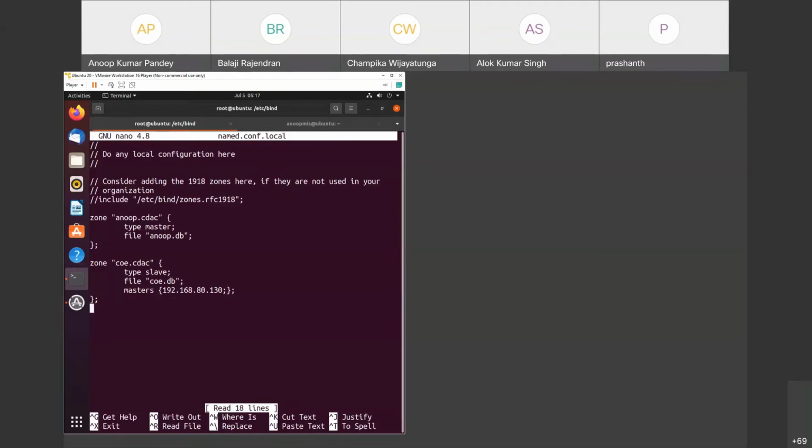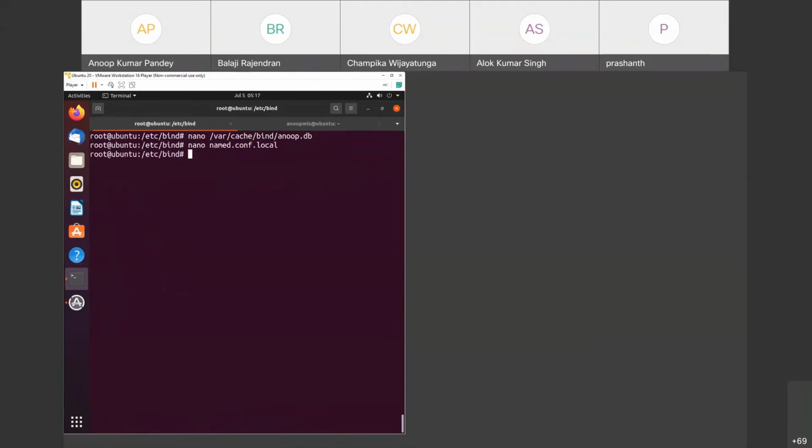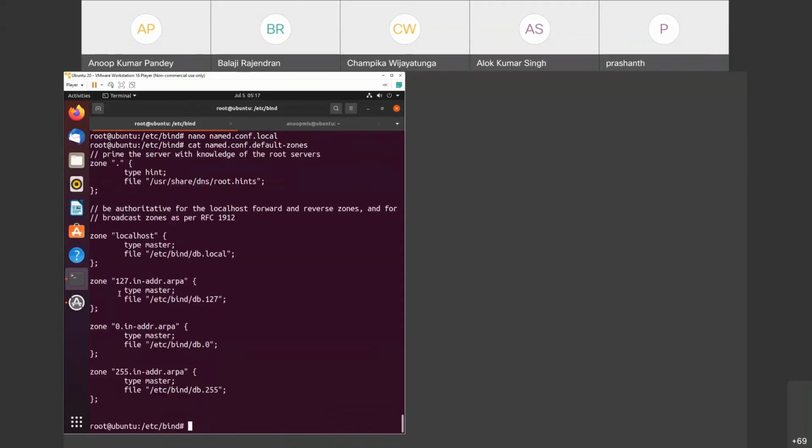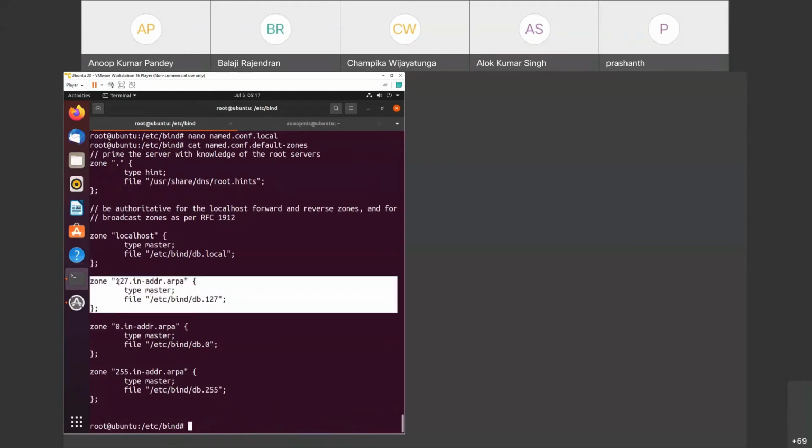Either I can create it from scratch or I can copy from an existing zone. So let us check the existing zone. So cat named.conf.default-zones. In the default zones, if you see the second one, 127.in-addr.arpa. So I will copy this,